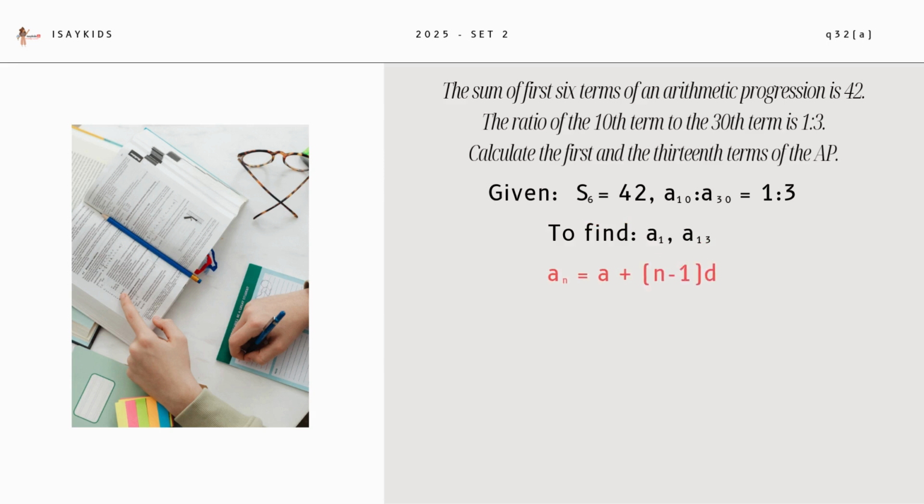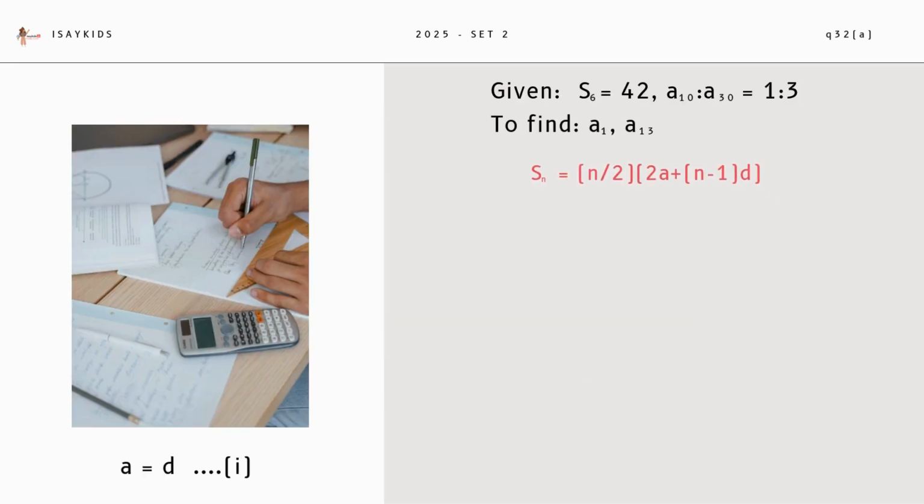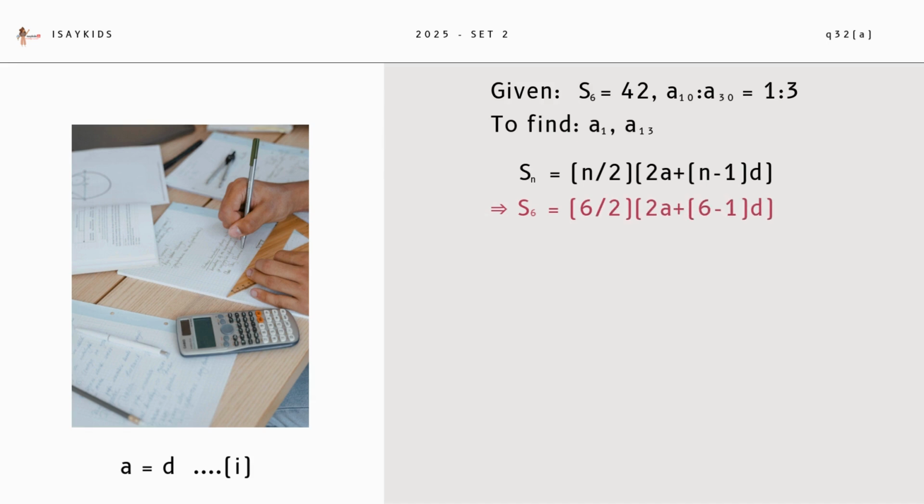An is given by a plus n minus 1 times d. Hence, A10 upon A30 would be a plus 9d upon a plus 29d, and that is equal to 1 by 3. Cross multiplication, solving further, we get a equal to d. Now Sn is given by n by 2 times 2a plus n minus 1 times d. Substituting n as 6, we get S6 as